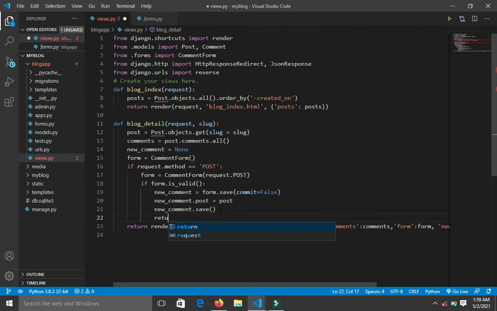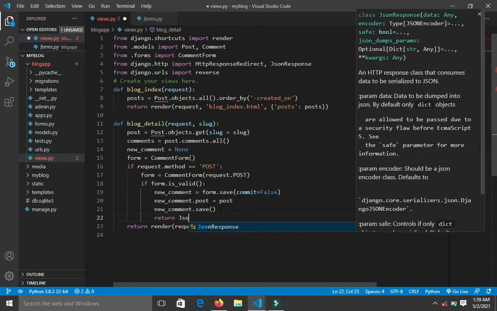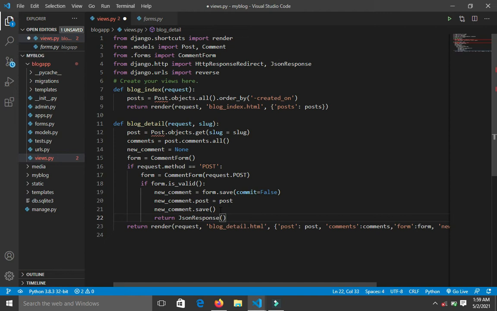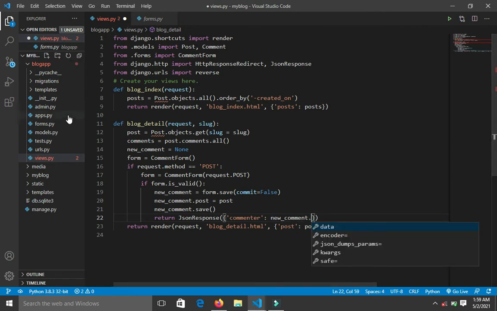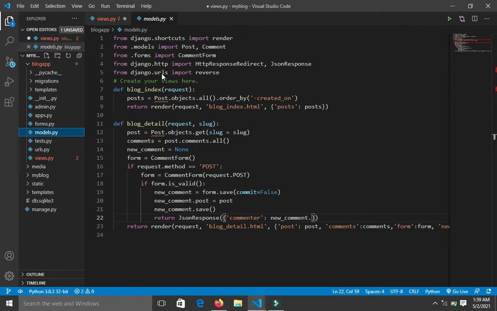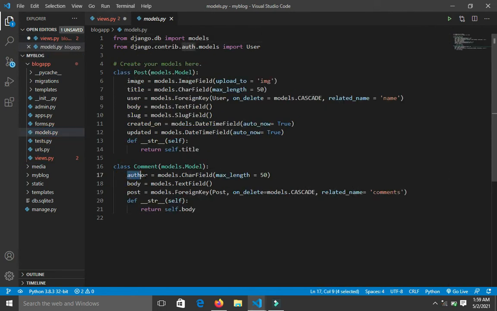JSON response. I'm going to have a dictionary inside. So I'm going to put commenter as the name of the key, and the value is going to be equal to new comments. This new comment we have here, dot new comments dot author. For my models.py, you can see here it's called author